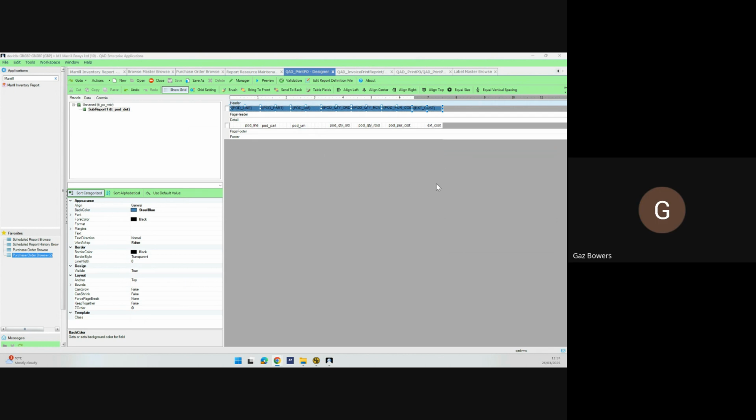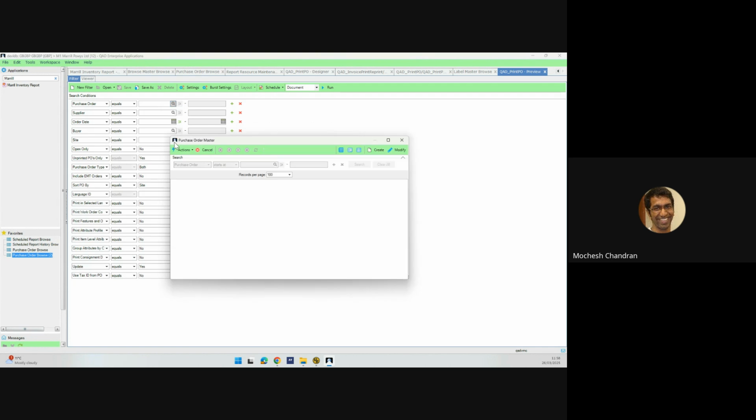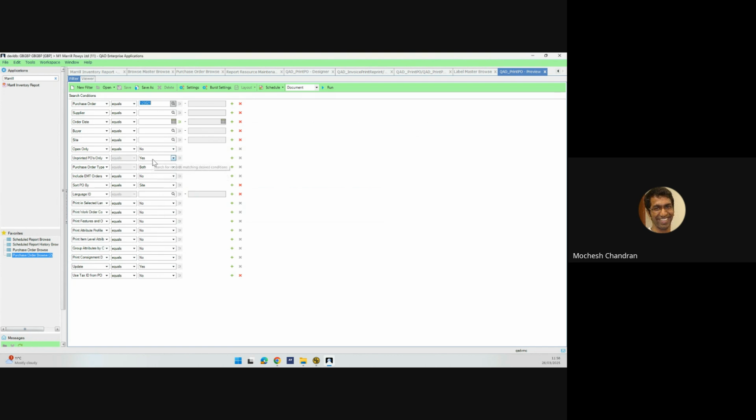All right. So we added the fields now. Let's go ahead and preview it. How does it look? So if I run it for a range of POs,